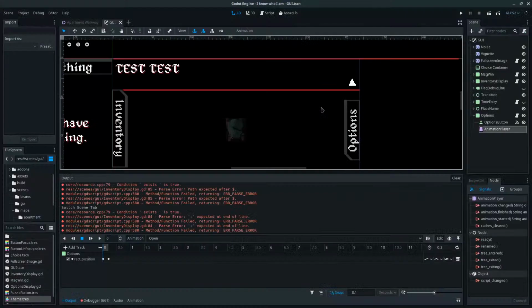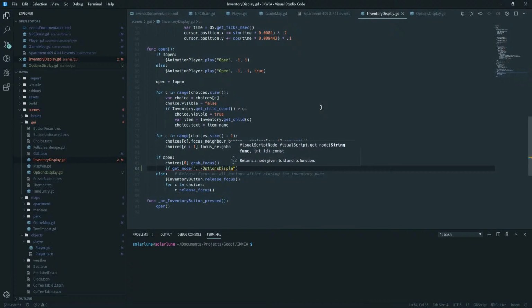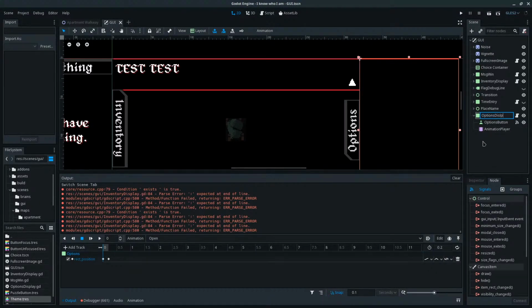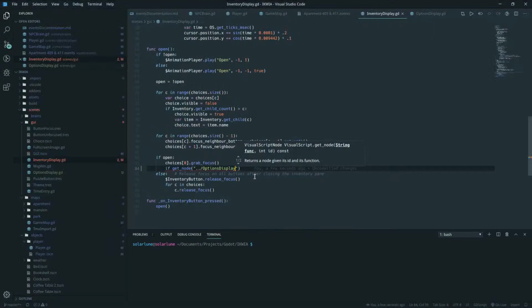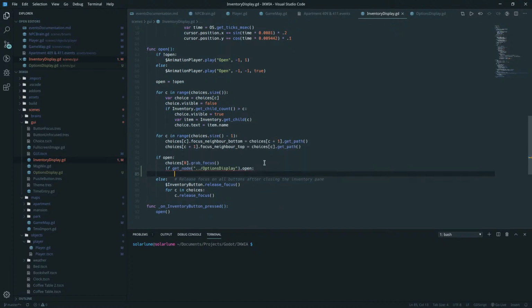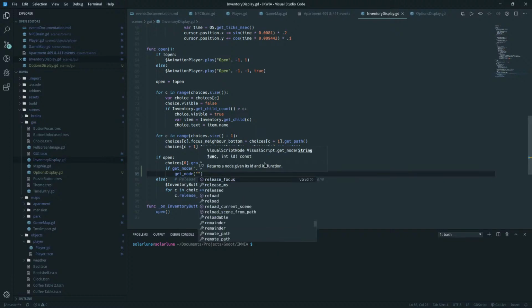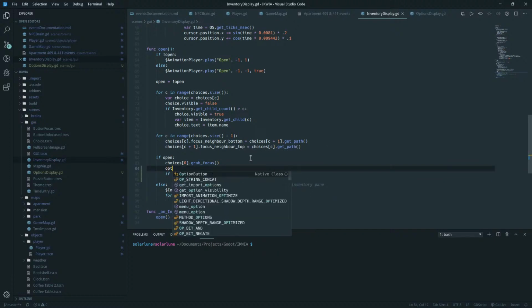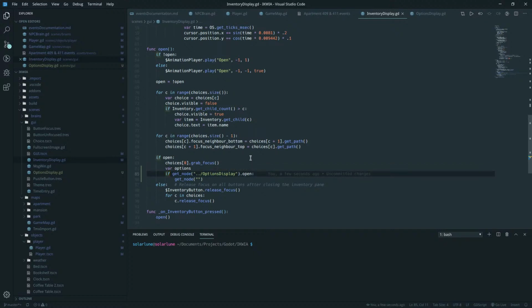So get node options display dot open. Okay, so options. Options dot open. Options dot open. Okay.